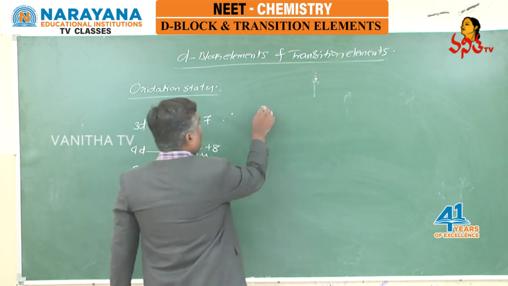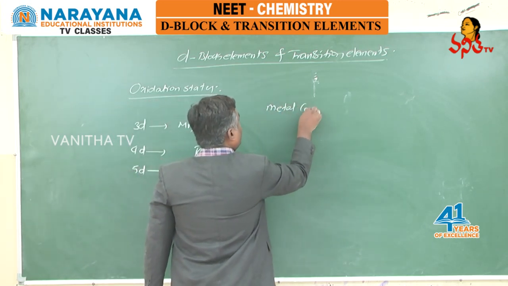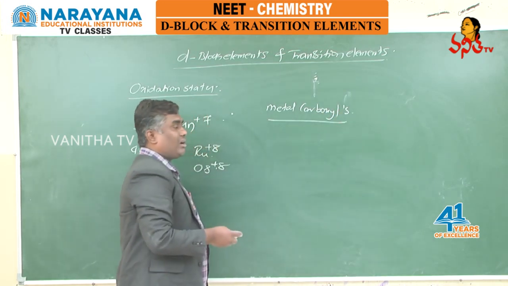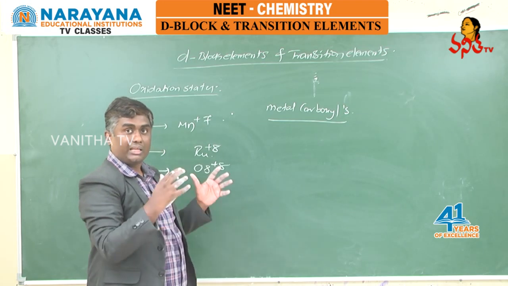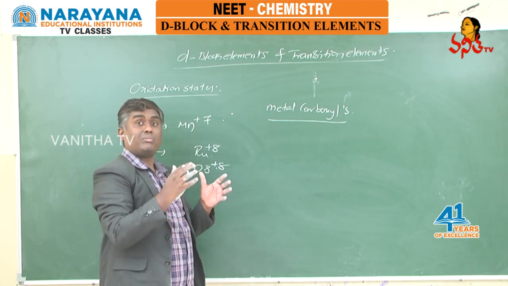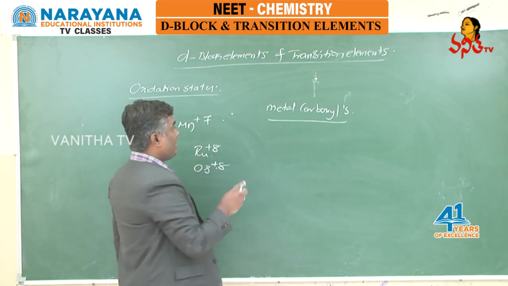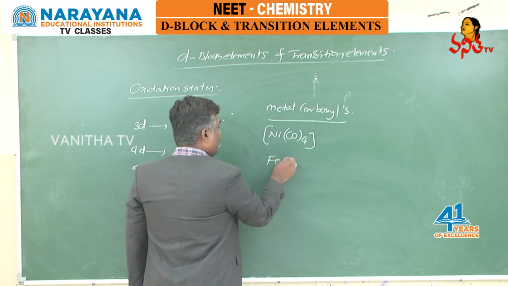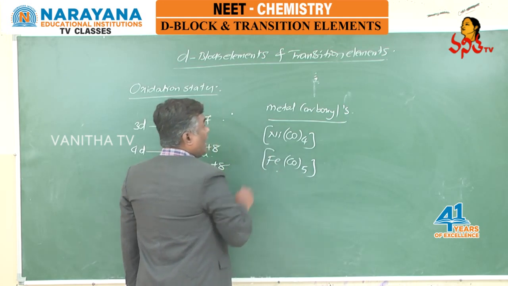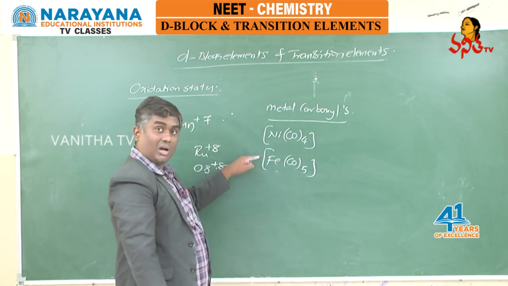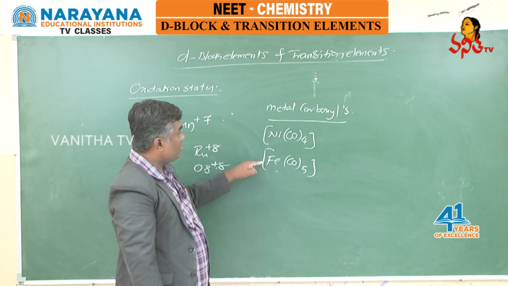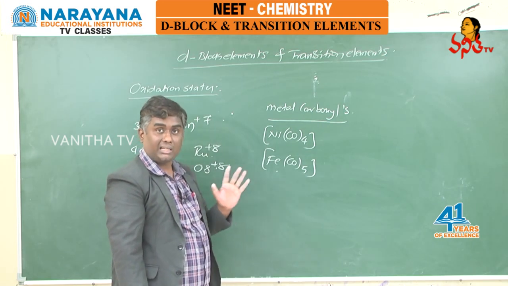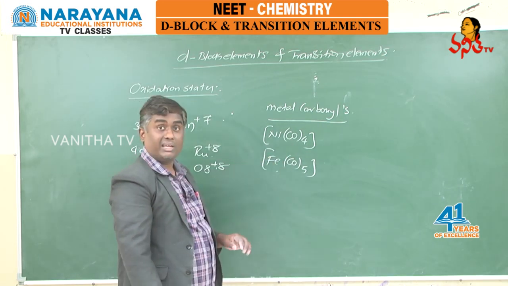And at the same time, if you look at metal carbonyls, what do you mean by metal carbonyls? Metal carbonyls are nothing but a type of complex compounds in which carbon monoxide behaves as a ligand. For example, Ni(CO)4 and at the same time Fe(CO)5. And see students, these two are known as complex compounds. In these two complex compounds, the role of nickel and iron is that they behave as the central metal atom, and the role of carbon monoxide is ligand.